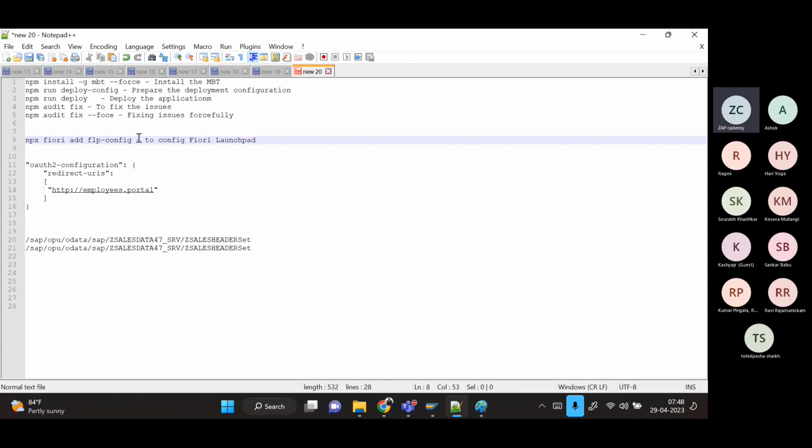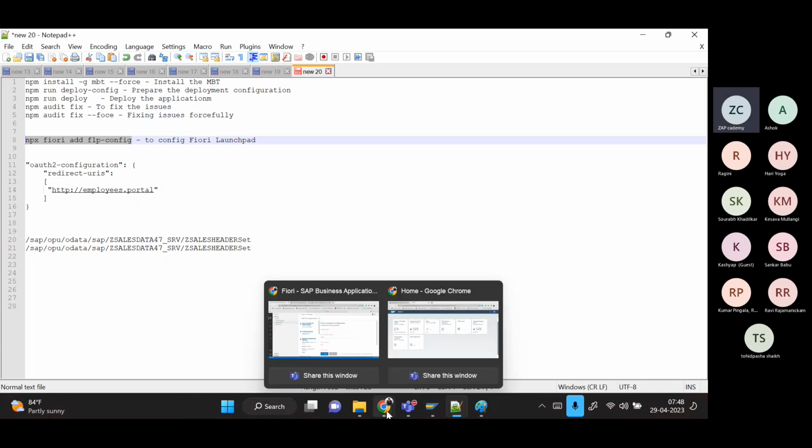Okay. So if you have somehow missed the point where to configure your Fiori Launchpad, you can run this command anytime on top of your application to reconfigure your Fiori Launchpad. Okay. Now coming back to this,